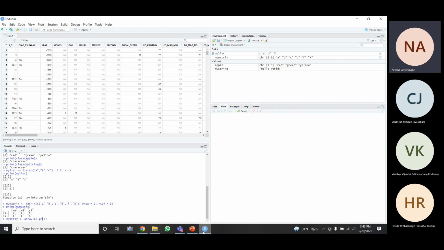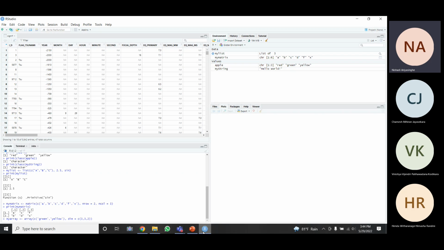So I'm typing green and yellow, and I'm mentioning the dimensions. It will be 3 by 3 by 2.